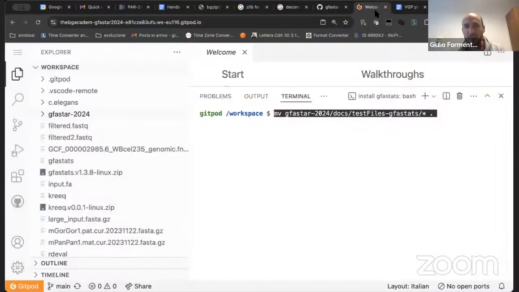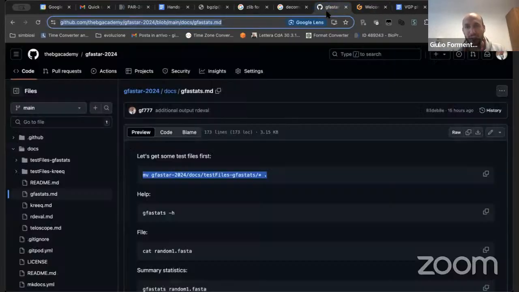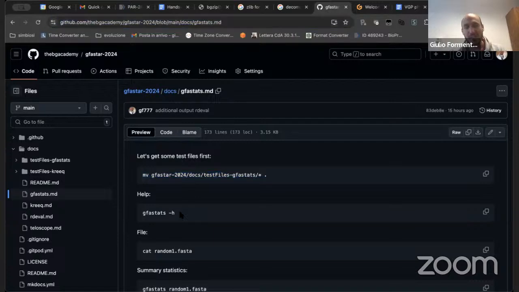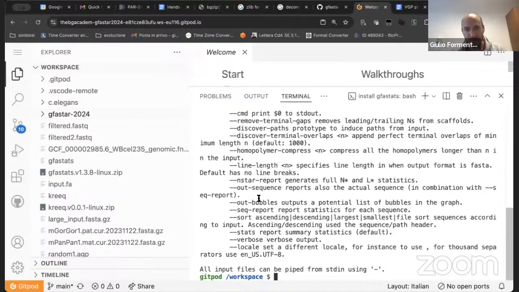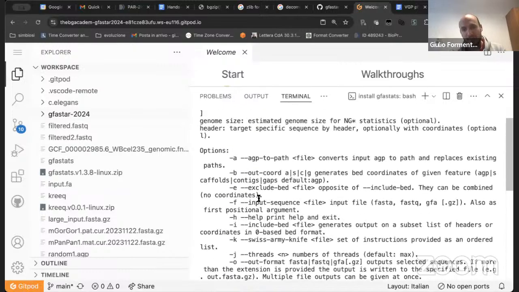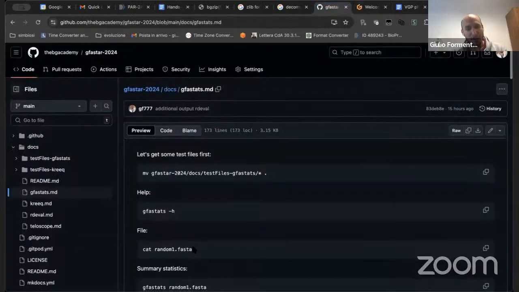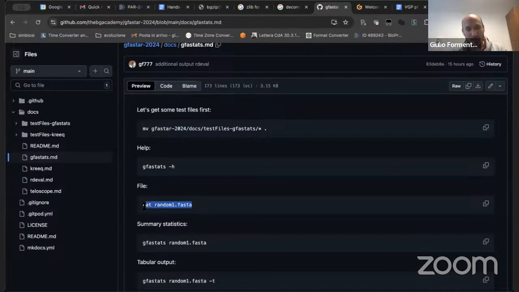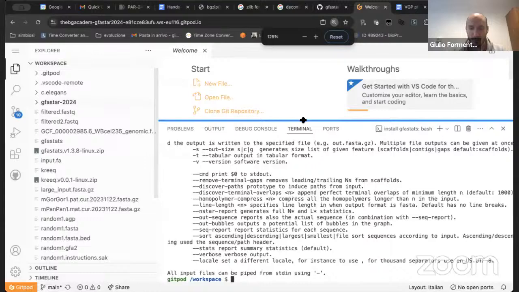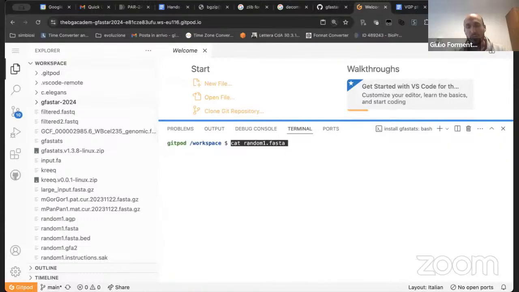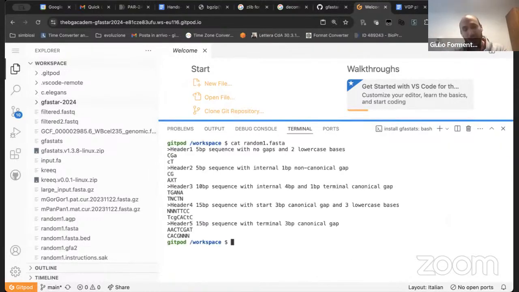So we just move the files that we use for testing, like any other tool, and we have help. It's fairly involved. It's not like a million functions, but there are a number of things you can do. So let's just take a quick look. I'll just make this a little bit smaller. We're testing right now with a